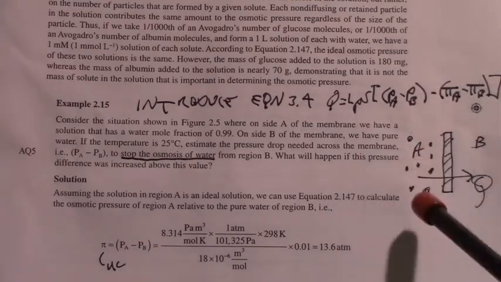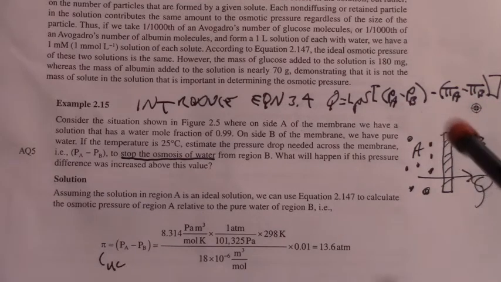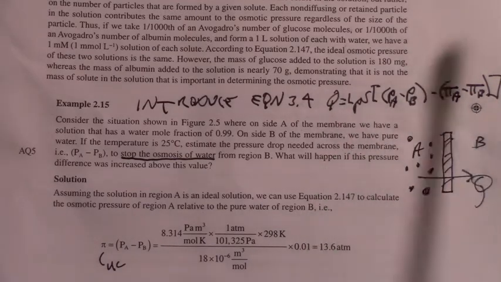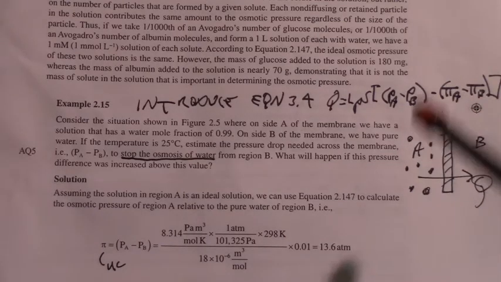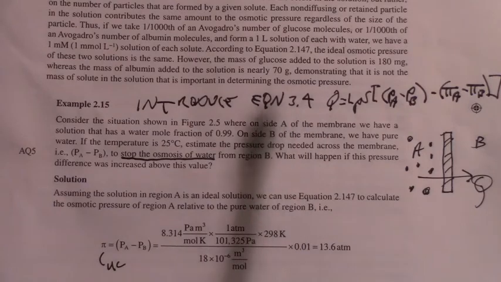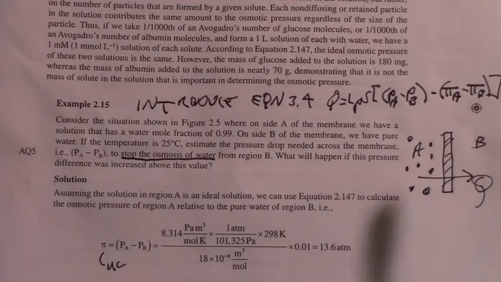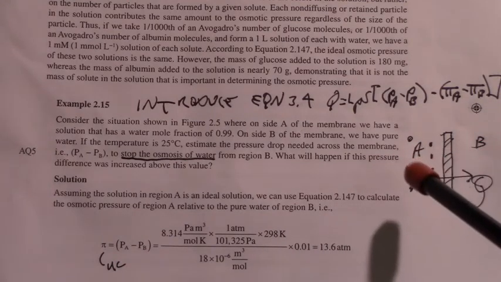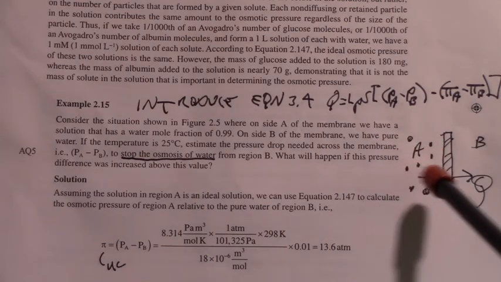So if the pressure on... what's going to happen here is that normally, like when we set up our little thought experiment, the atmospheric pressures, the hydrodynamic pressures on each side were the same, and the water flowed to the left by osmosis, water diffusing from high concentration to low concentration, and then the level over here rose until you had enough hydrostatic pressure to stop the flow. Now in this case, what we want to do, as the water goes across the membrane by osmosis, is figure out what pressure we need on the A side in order to stop that